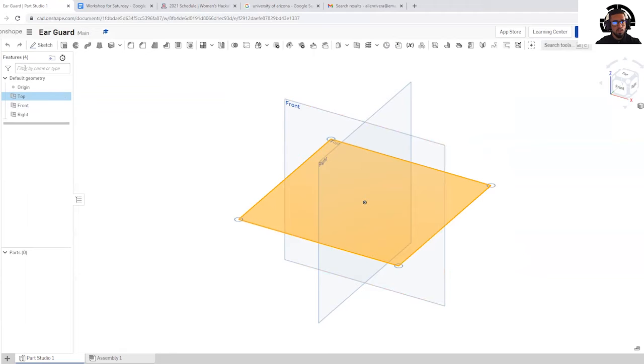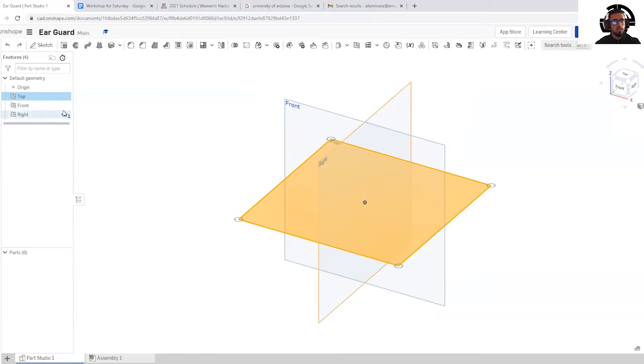So if you hover over to this little left side where it says features, it shows you all of the planes and actually the origin. The origin is the center of the document, and I recommend using the origin to create symmetry, and to make sure that you're keeping your planes aligned and also in the center of the document, so that way when you do export it, there's no offset, and offset can create an issue for a lot of people. So we like to work on the origin and with the main planes if possible. Sometimes you cannot, which is perfectly fine, but it is